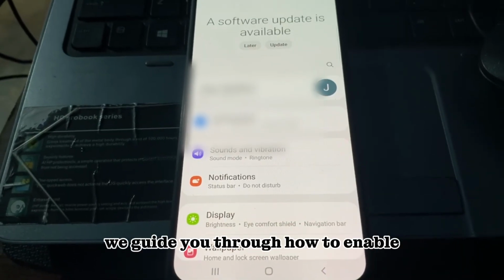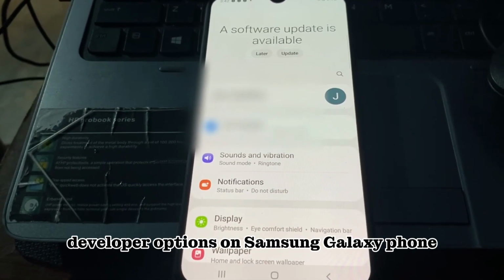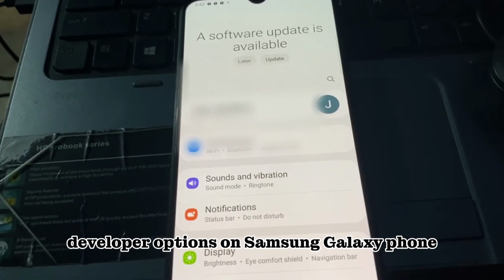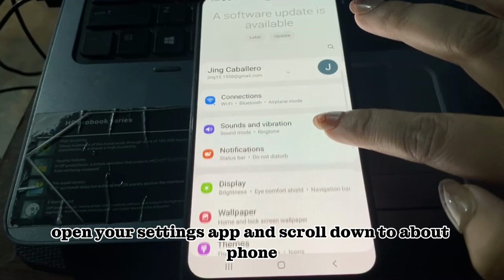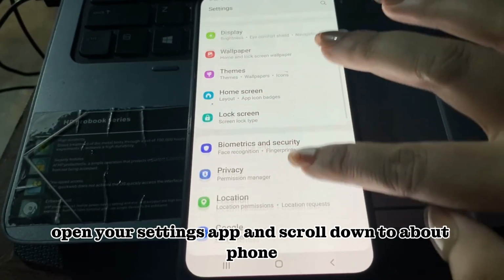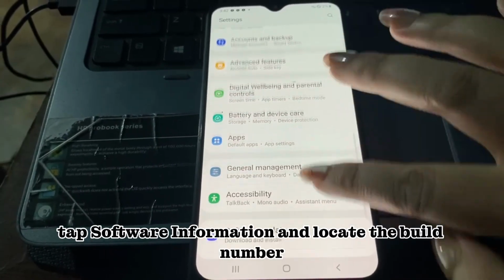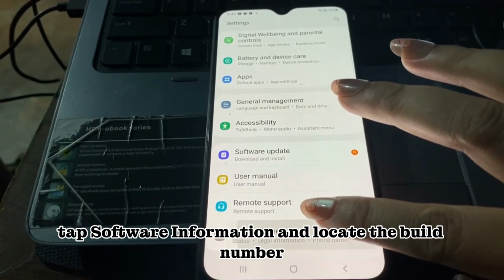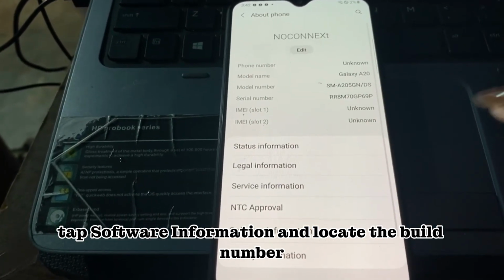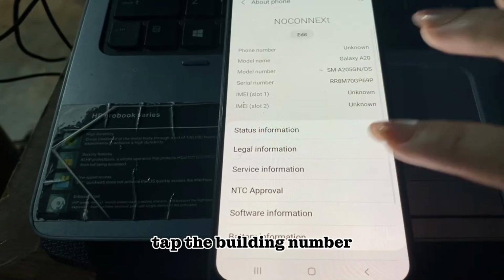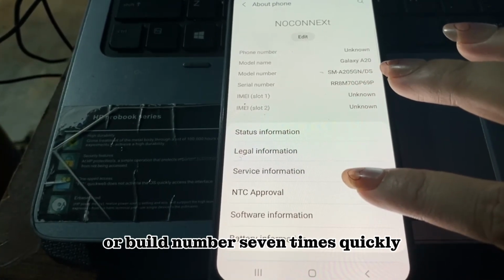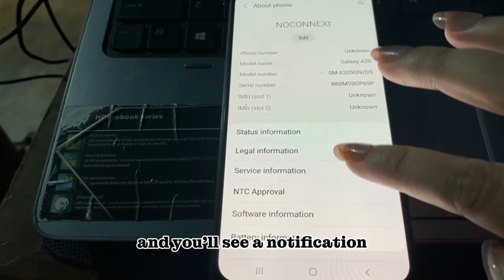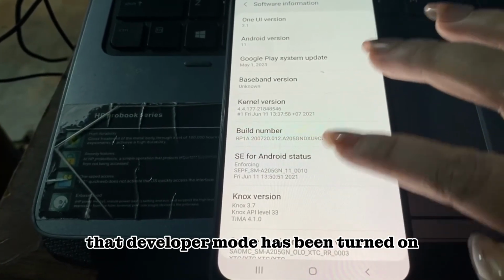We guide you through how to enable developer options on a Samsung Galaxy phone. So first, open your settings app and scroll down to About Phone, then tap Software Information and locate the build number. Tap the build number 7 times quickly and you'll see a notification that developer mode has